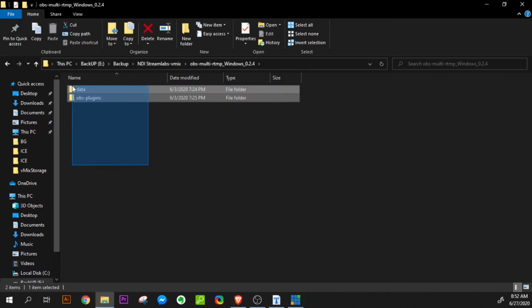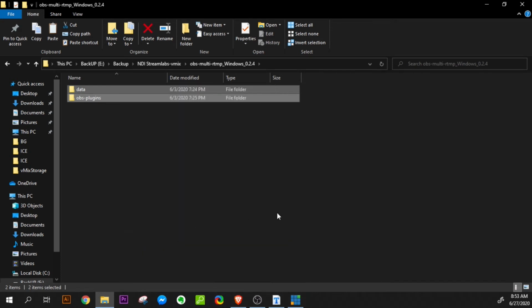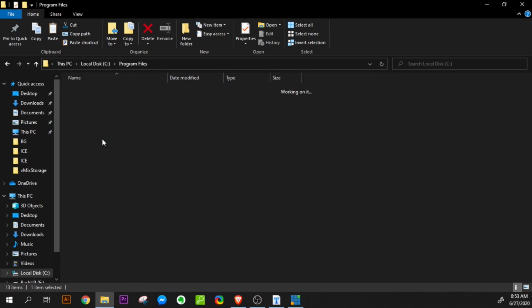In the next step, let's copy the files in the folder and open the file location of OBS Studio. Let us move to the local disk C, or the installation of the Windows folder, where we can see the program files.